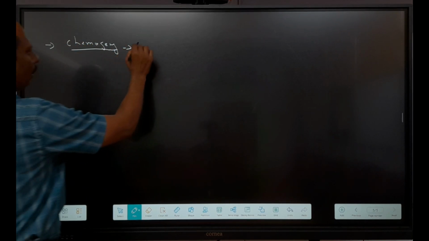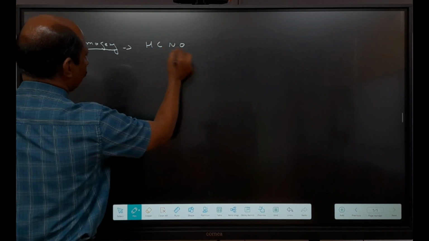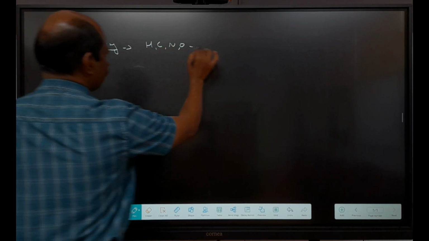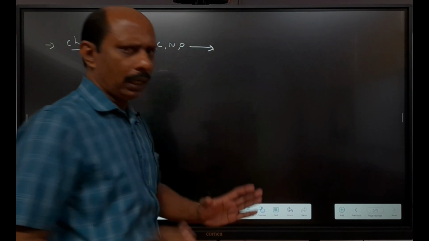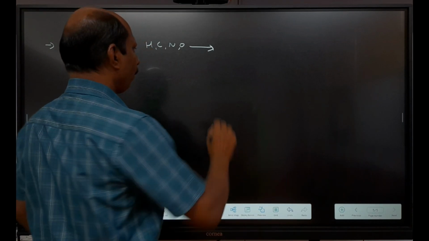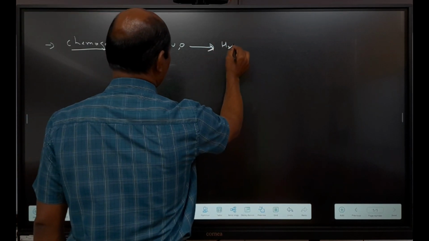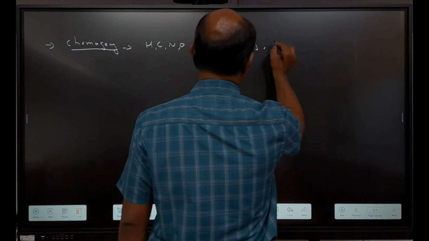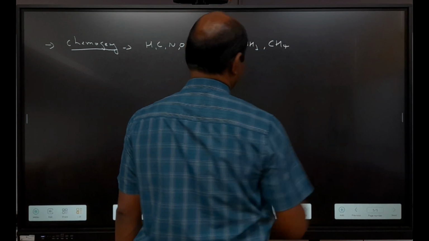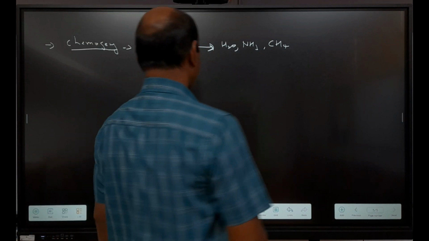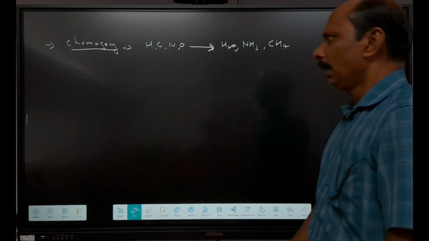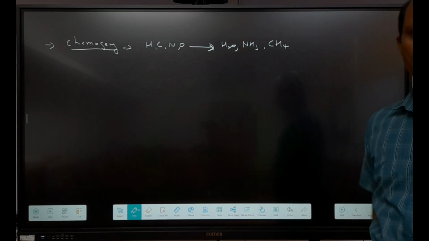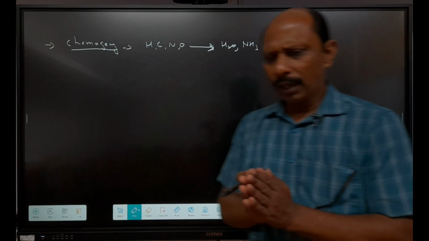Chemogeny means what happens? Hydrogen, carbon, nitrogen, oxygen are in the atomic stage. From the atomic stage they convert into inorganic compounds, simple compounds, that is H2O, ammonia, right? Second one is methane, they are formed, right? Hydrogen is also present here, simply hydrogen. And H2O is also there, because ultraviolet rays are also there.